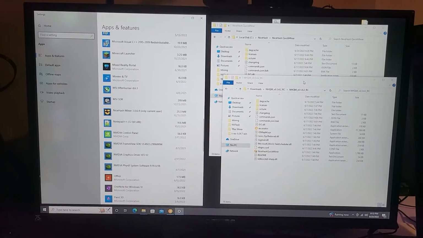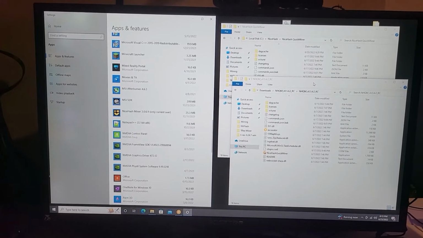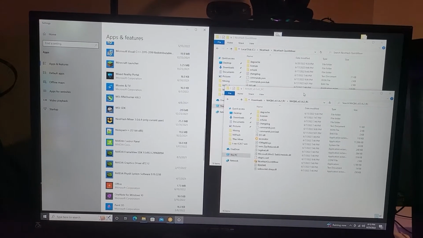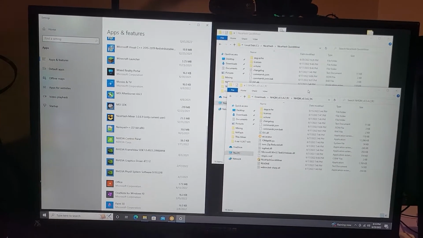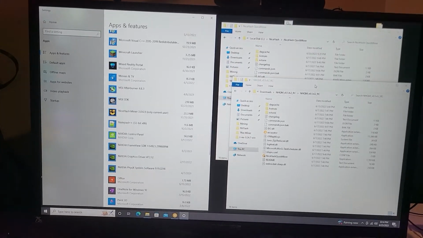I'm going to show y'all today. I know I struggled for a little while to figure out how to load up an older version of Nicehash quickminer and have it as the default to run automatically. So I'm going to do a quick video right now to show how you can download an older version